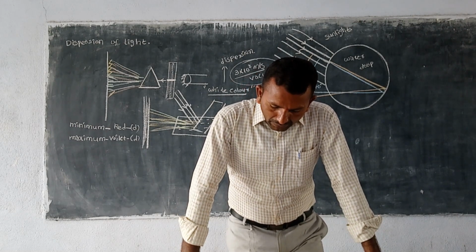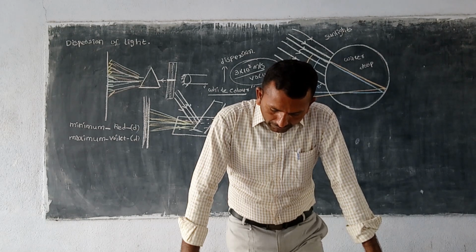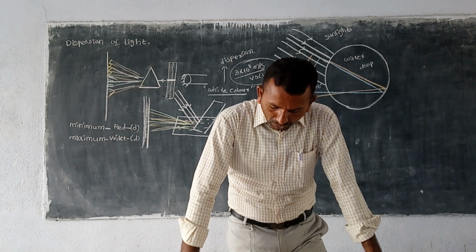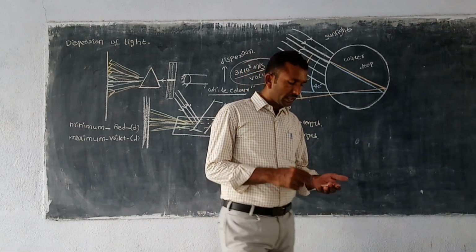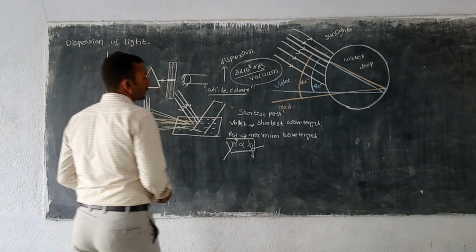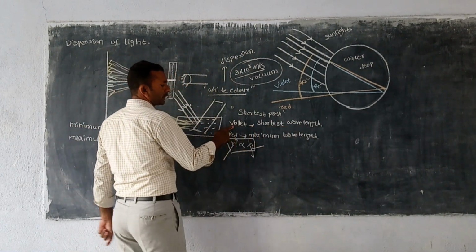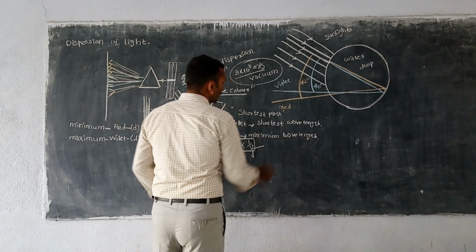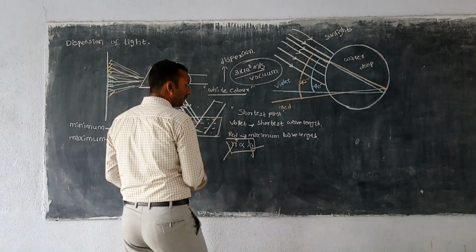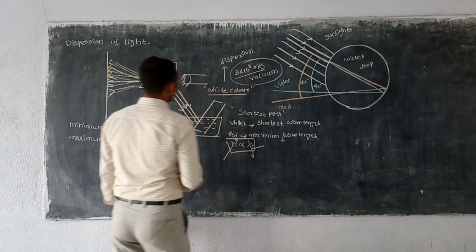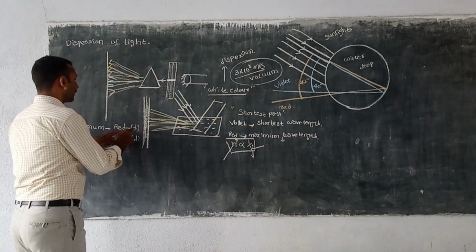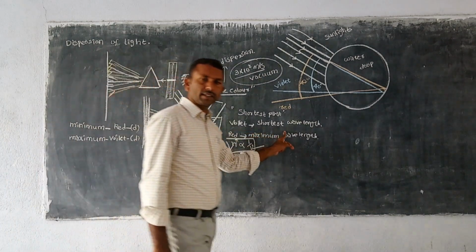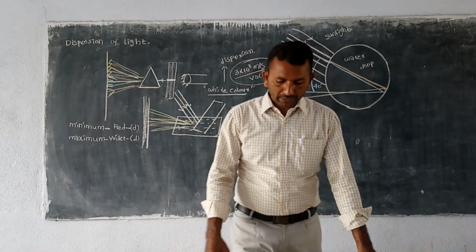If we compare the wavelengths of the 7 colors in VIBGYOR, red color has the longest wavelength and violet color has the shortest wavelength. The refractive index of red is low and hence it suffers low deviation. So which color contains the shortest wavelength? Violet color, and red color contains the maximum wavelength. So which color contains minimum deviation? Red color contains minimum deviation, and violet color, which contains the lowest wavelength, has maximum deviation.